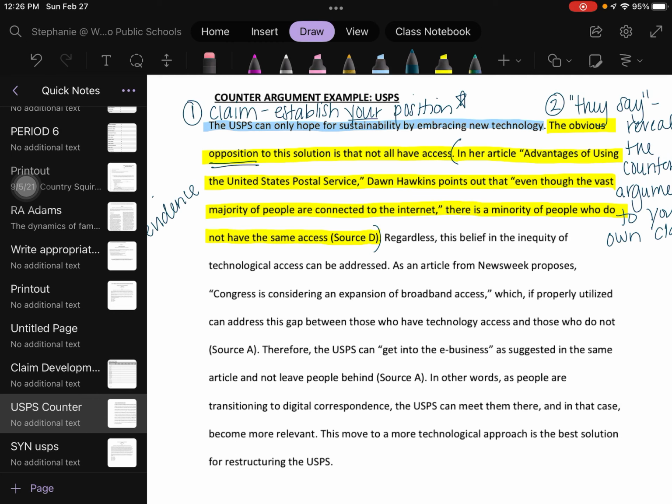So in the case of a question 1 or a synthesis, we definitely want to use evidence because we can get one more of those sources in there and show our reader that we've not only focused on those sources that agree with us, but we can also use sources that disagree with us as well.